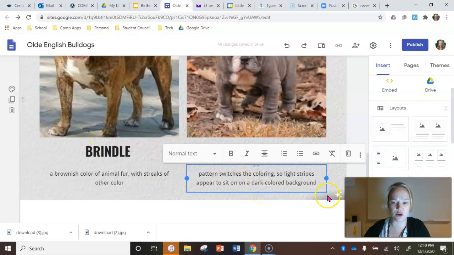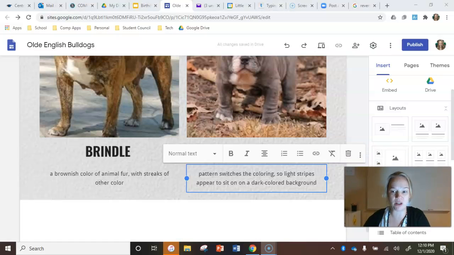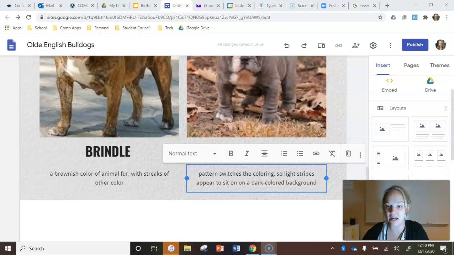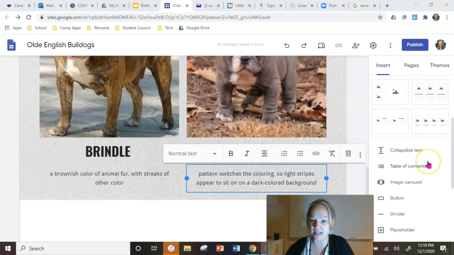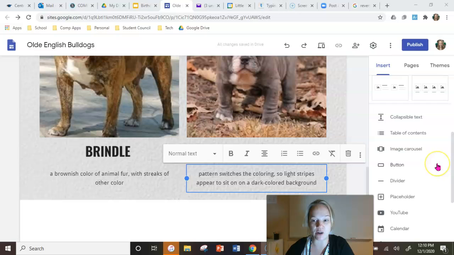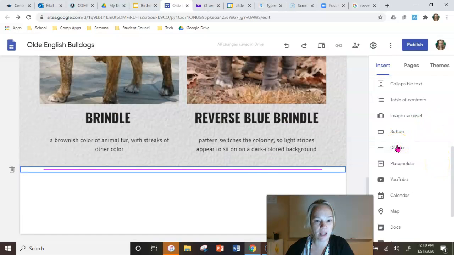The last thing I want to show you in here is to increase readability. You can also use the section dividers that kind of help with really sectioning off your sections. Again, that helps when people are looking at your website for them to be able to jump around and find the information they need easily. So to add dividers, all you do is you come down here and you just click divider. And see how it entered that in there. So go ahead and add a divider